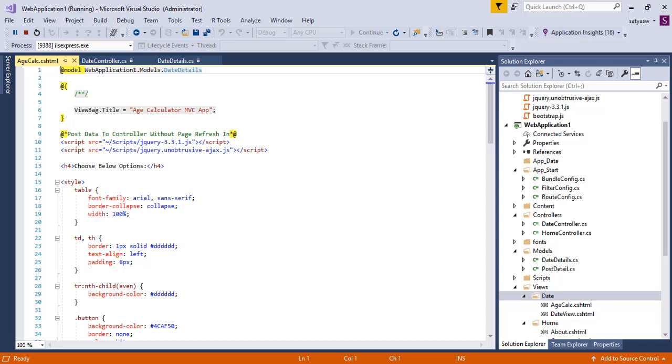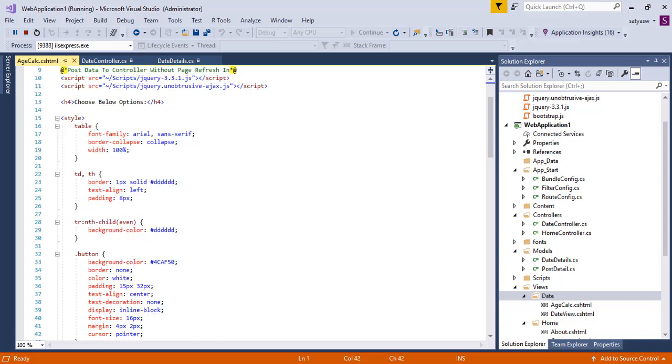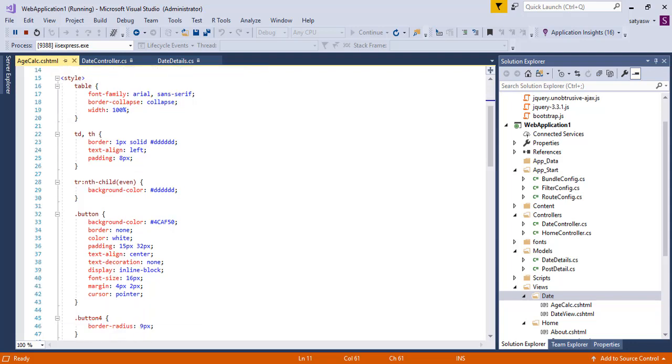So it is a strongly typed view. When you create the strongly typed view, you will get this namespace, like Model Web Application 1, which is the name of the project, then the Models folder, and in the models file the model class, date details. And here I have two script files; I am using them to post data to the controller without page refresh. I have also added a few style classes for the table and table data